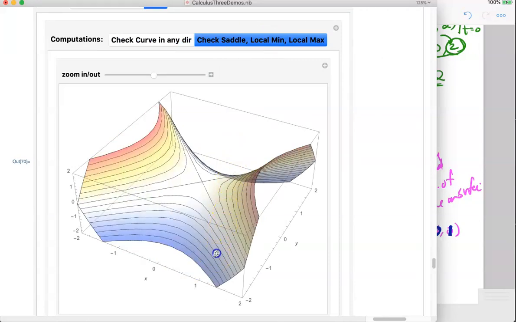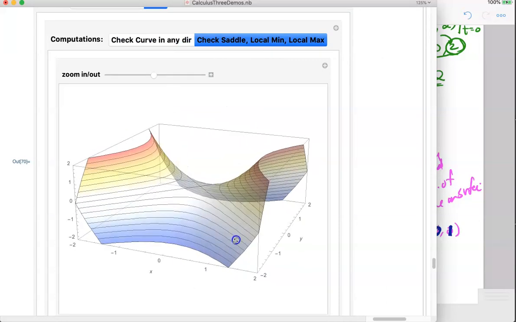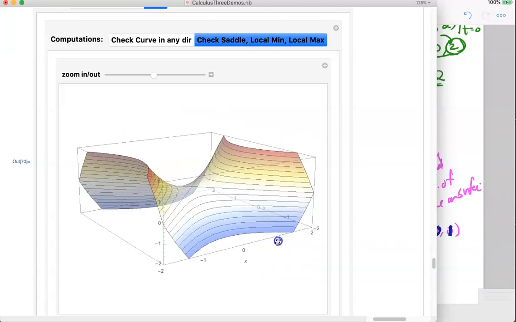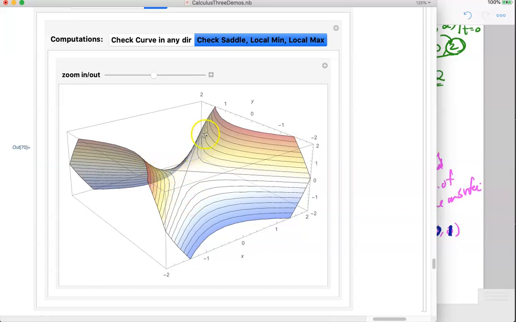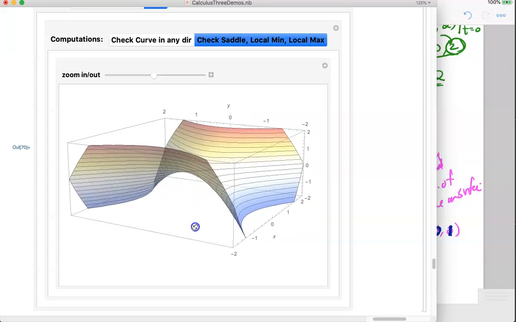It's called a saddle point. There are functions, especially in Calc 3 class, that we have to be careful of, that some functions, sometimes they open upward, like in this direction, you can kind of go up the hill if you go in the x direction, but if you went in the y direction, you'd be heading downhill. This is an example of a saddle point,